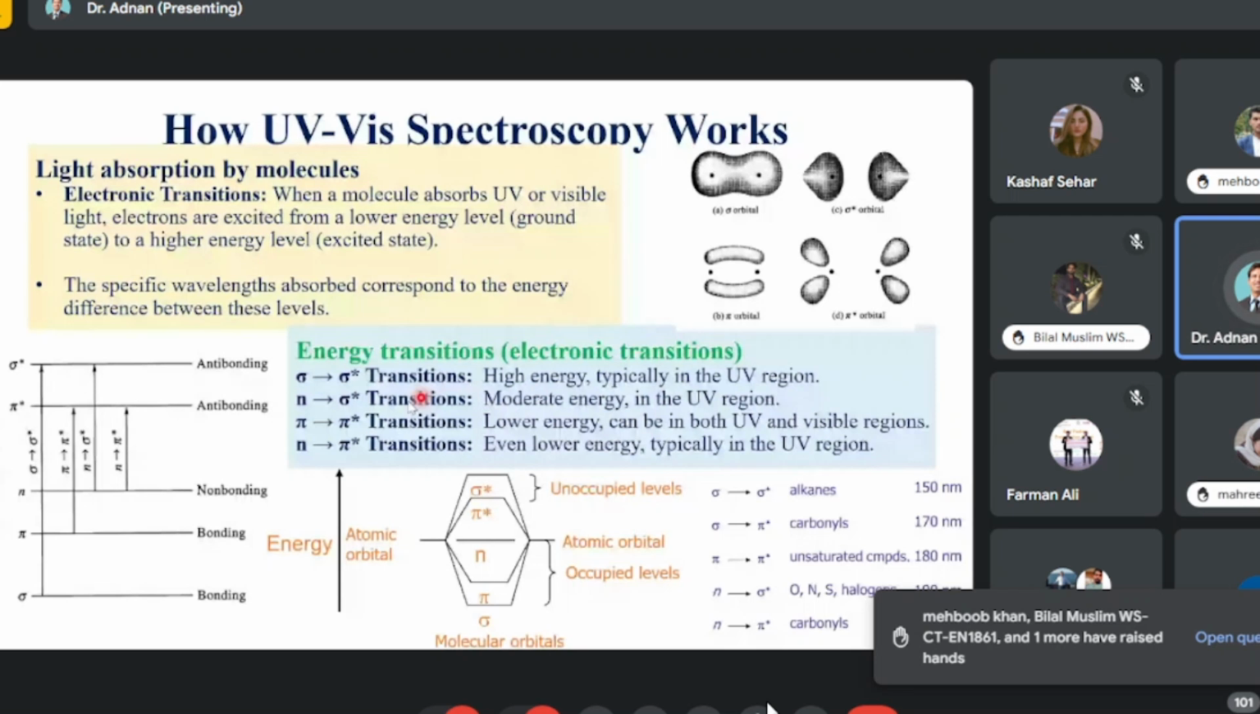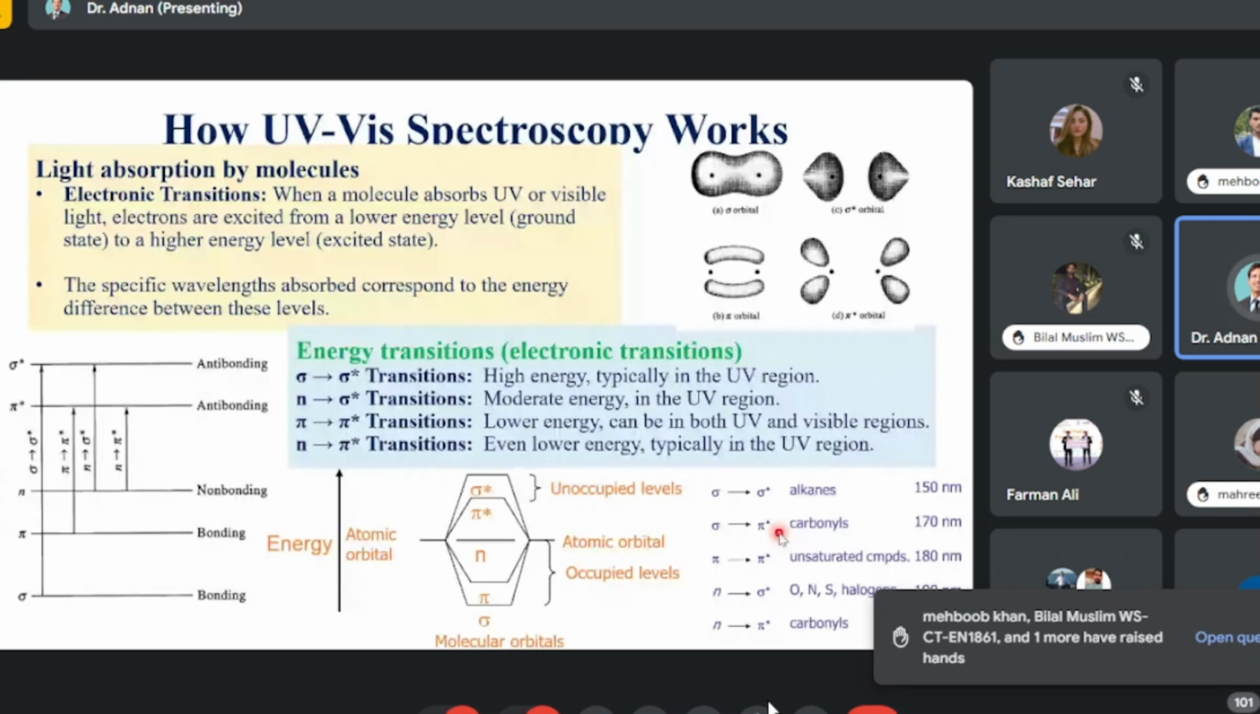Pi to pi star transitions are lower energy and can be in both UV and visible regions. Then the last one is n to pi star transition, which has even lower energy, typically occurring in the UV region. I have also listed which compounds have these transitions, for example, alkanes have sigma to sigma star transition in the range of 150 nanometer, sigma to pi star,